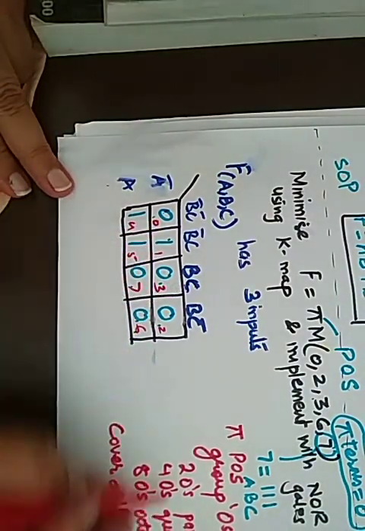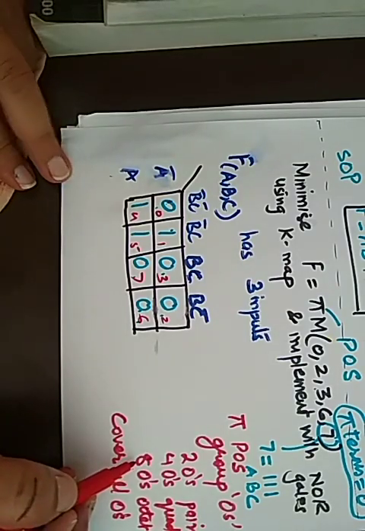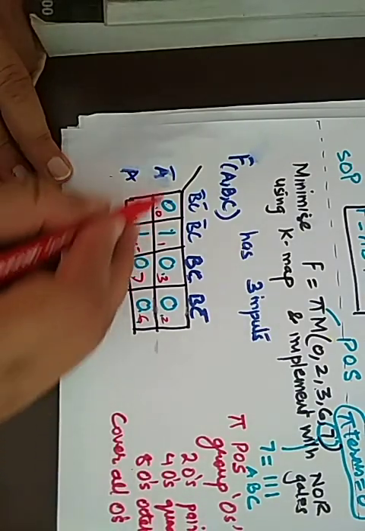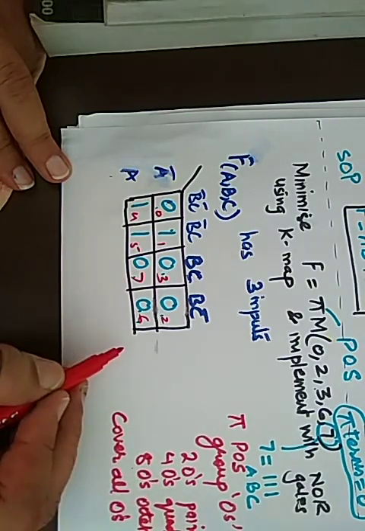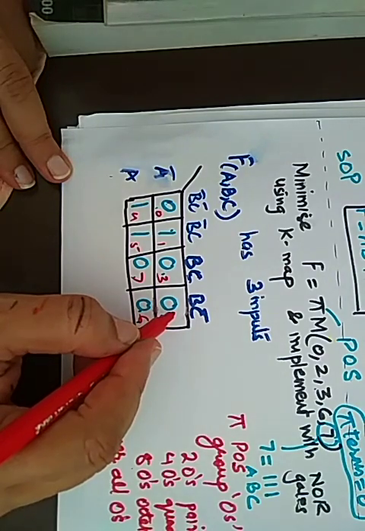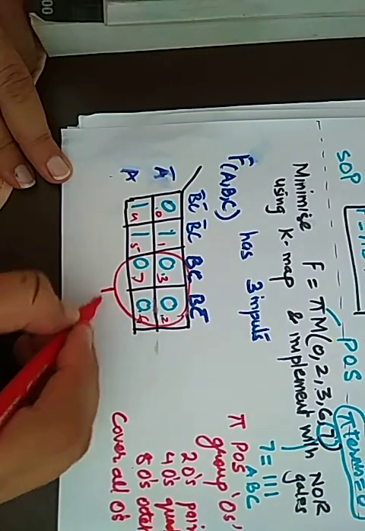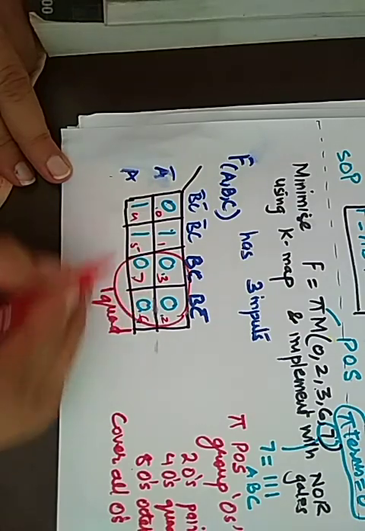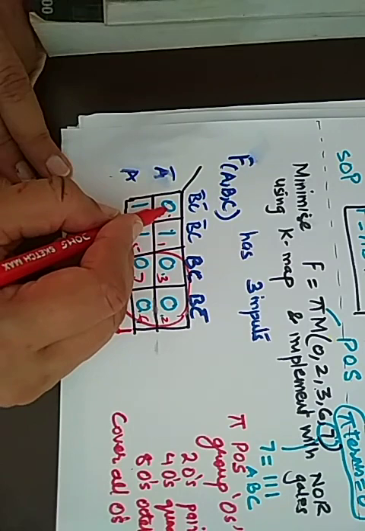So let us try to first find the biggest group, because that will eliminate the maximum variables. Let us try to find 8 zeros. We don't see 8 zeros here. So let us find 4 zeros. If you see carefully, we are able to find these 4 zeros like this. See, these are the 4 zeros. So I club them together and I say this is a quad. Any 0 left? Yes, this is 1 0. So this 0 is left.